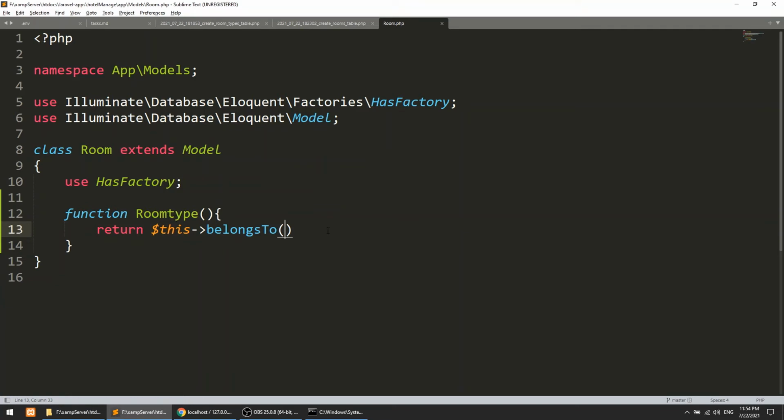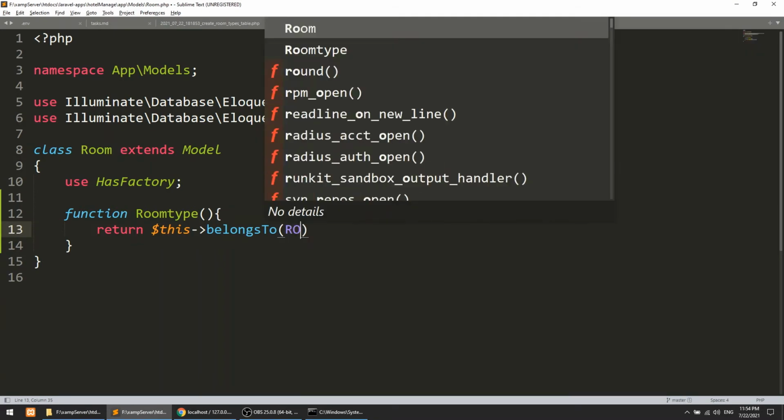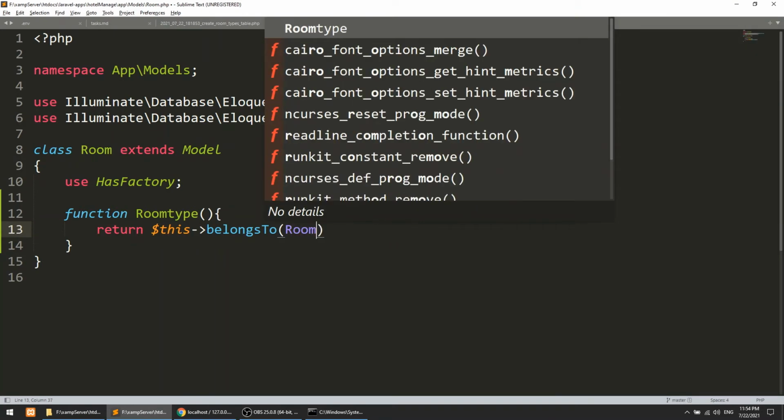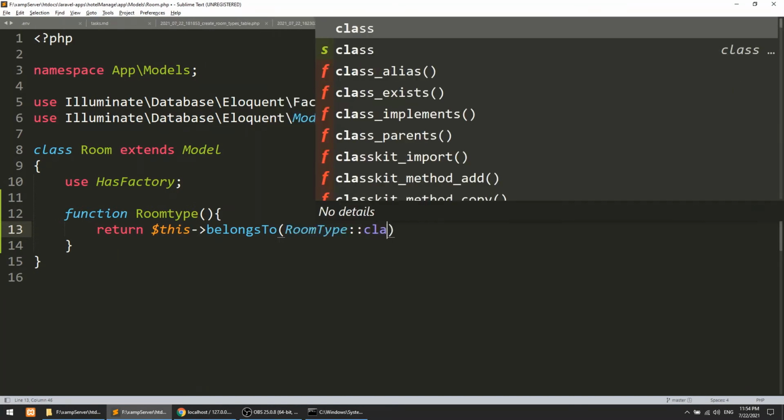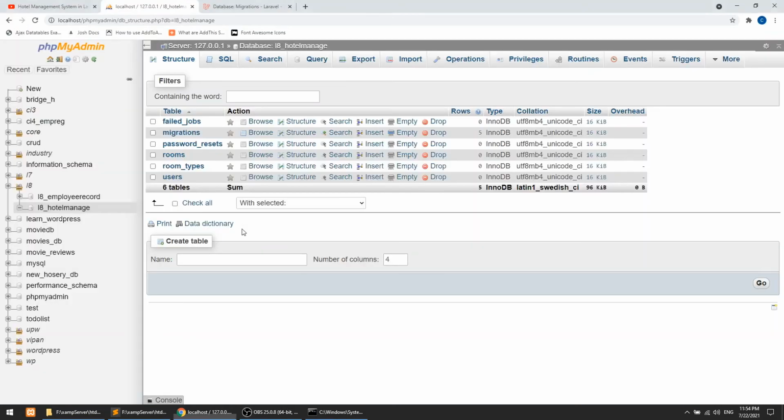So I will add here the RoomType class. This will automatically assume the foreign key in the room type.